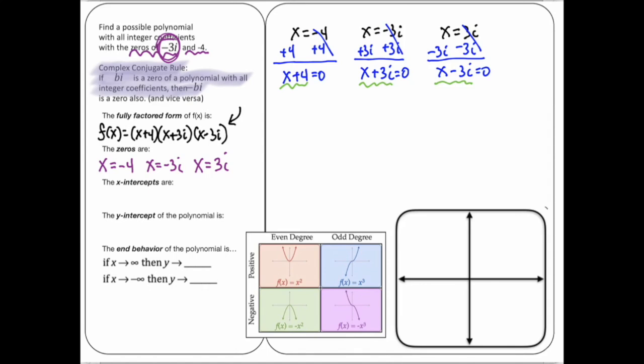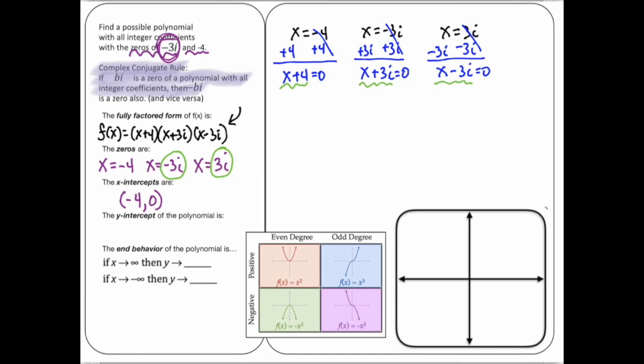Is that this right here, when I bring these down, to write 3i comma 0 doesn't make sense for an x-intercept, because we're only graphing on the plane that has real numbers, and we know that i is an imaginary number. And so these guys right here cannot be brought down into the x-intercepts, and the only real one that we have is -4 comma 0, and these guys are not going to exist on that particular number